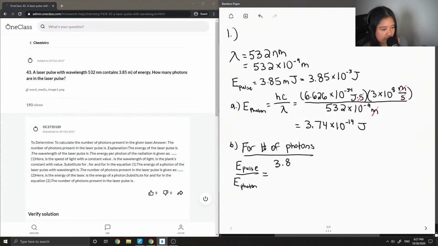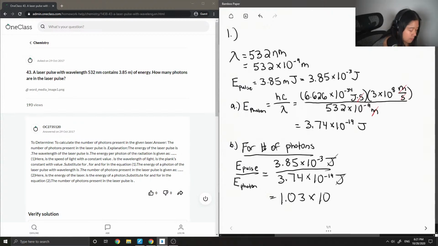It's going to be 3.85 times 10 to the negative 3 joules divided by 3.74 times 10 to the negative 19 joules. These joules will cancel out, and for the number of photons, we end up getting 1.03 times 10 to the 16, I believe,